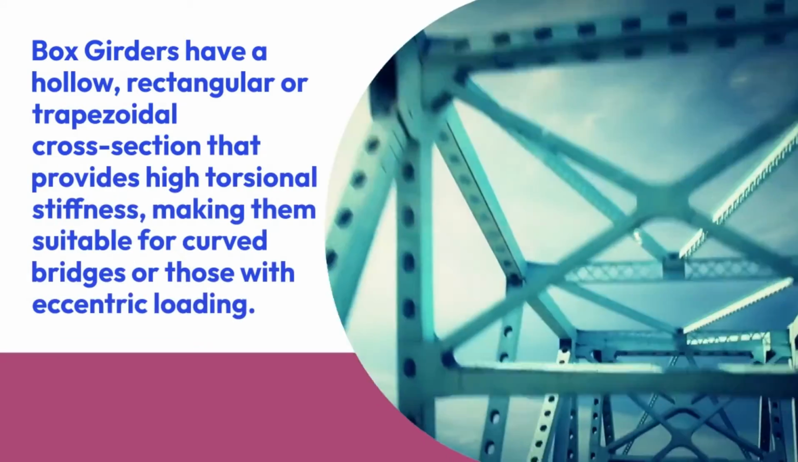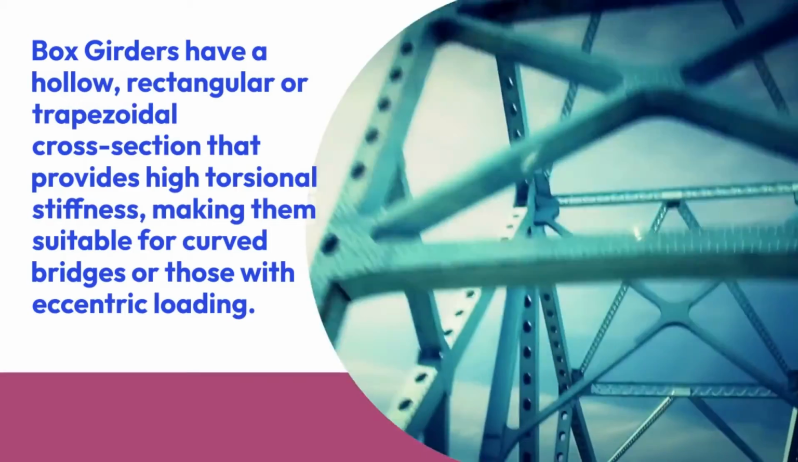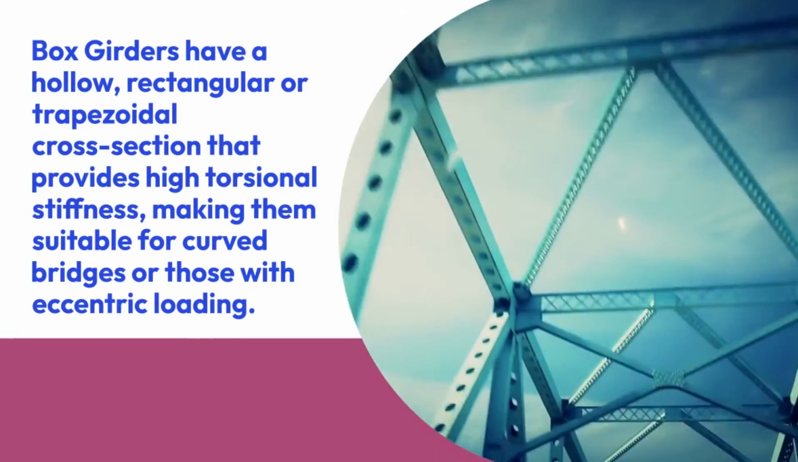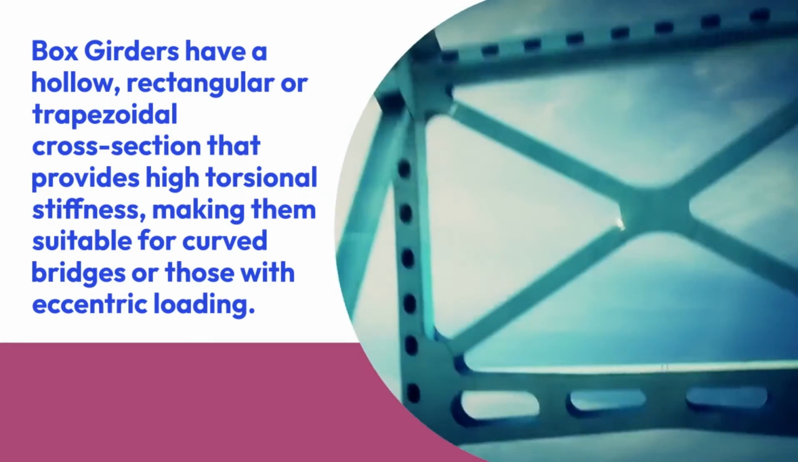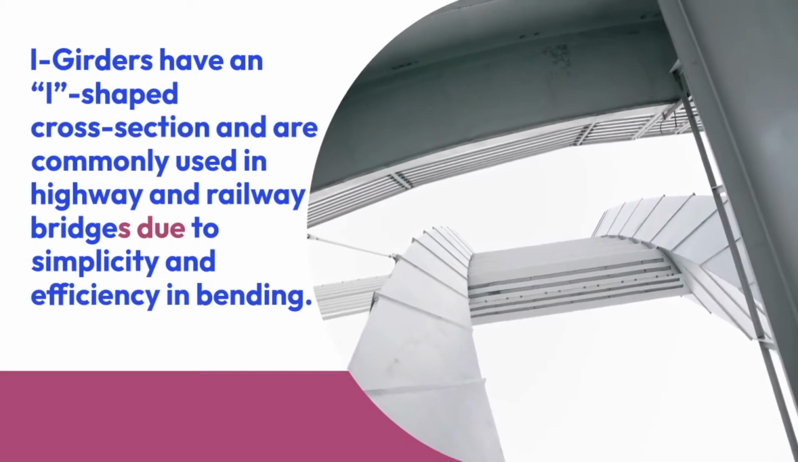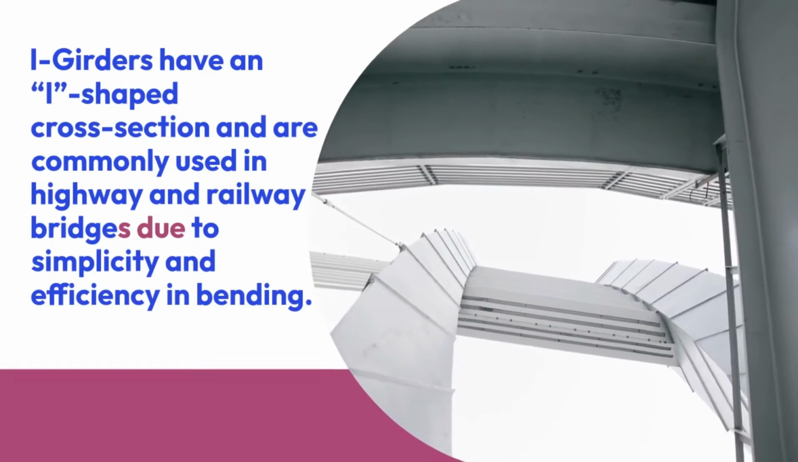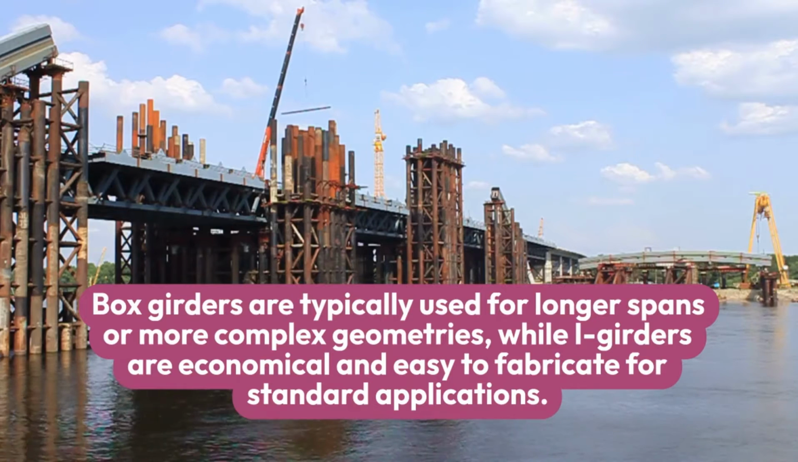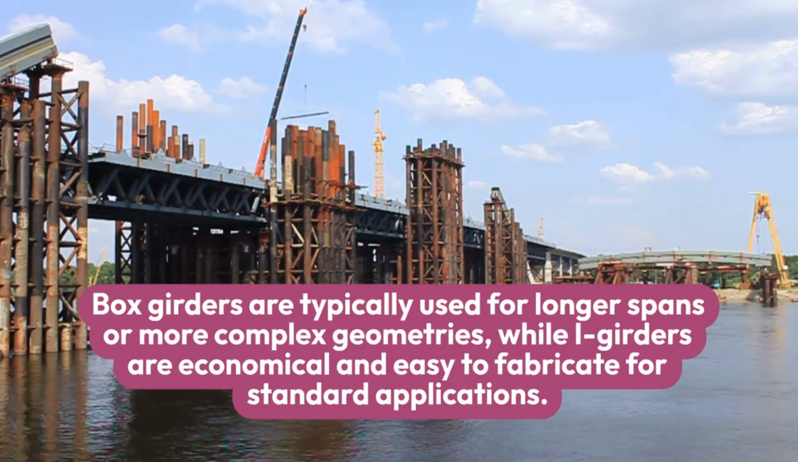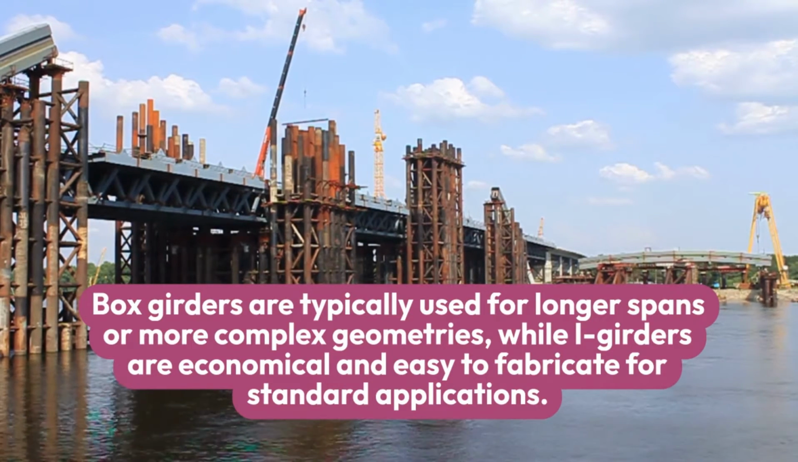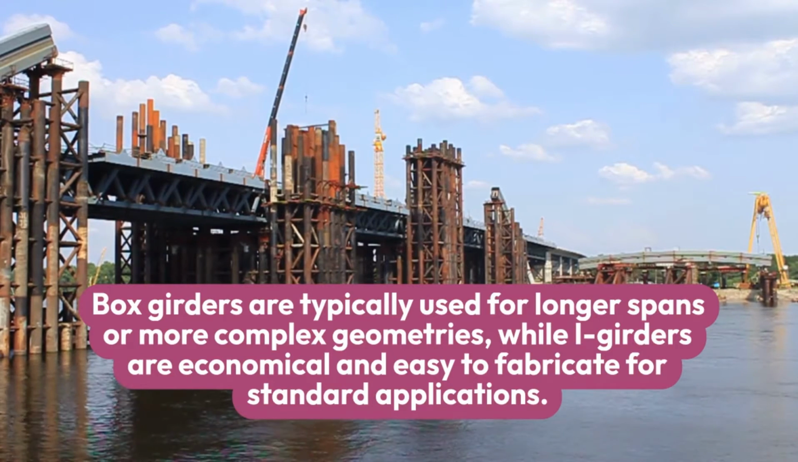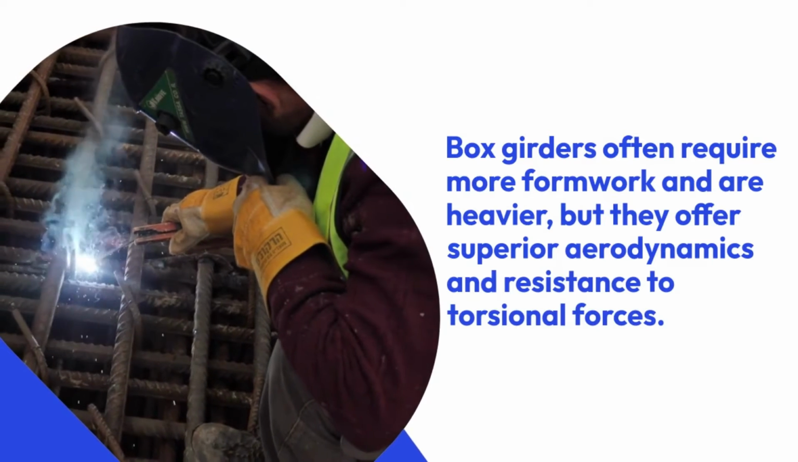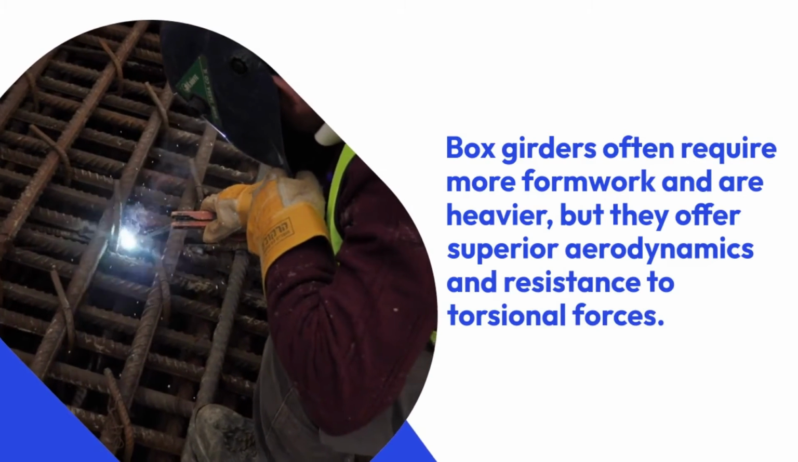Box girders have a hollow, rectangular, or trapezoidal cross-section that provides high torsional stiffness, making them suitable for curved bridges or those with eccentric loading. I-girders have an I-shaped cross-section and are commonly used in highway and railway bridges due to simplicity and efficiency in bending. Box girders are typically used for longer spans or more complex geometries, while I-girders are economical and easy to fabricate for standard applications. Box girders often require more formwork and are heavier, but they offer superior aerodynamics and resistance